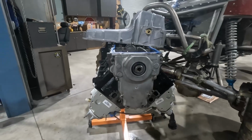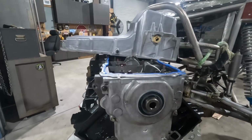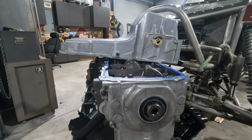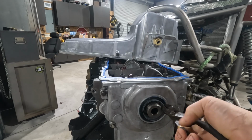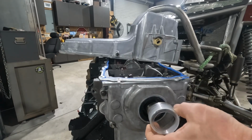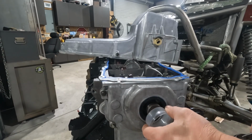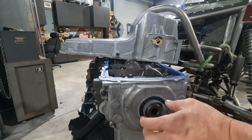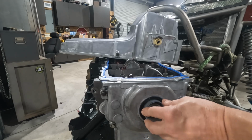You don't really need to see the process to know how to do this. This plastic piece right here, I'll pull it out now. Sorry, I had to walk off and get some pliers. This little piece, it was installed backwards before, but you slide it through the housing, through the seal, and then